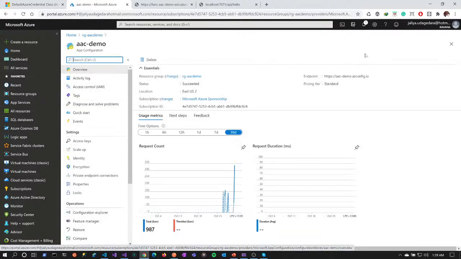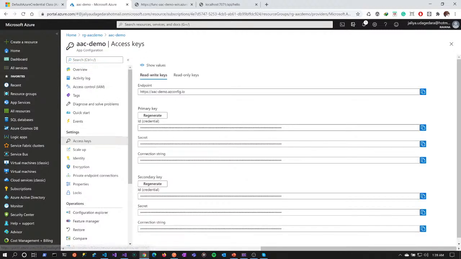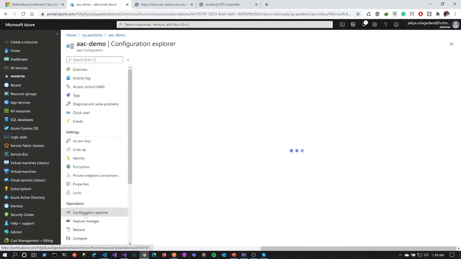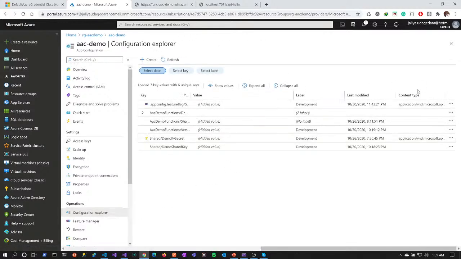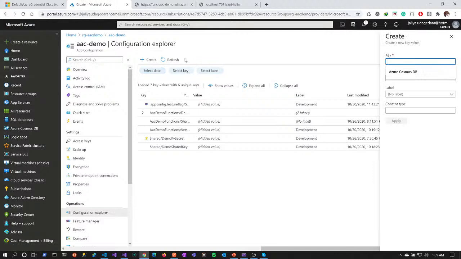So this is basically the app configuration service. It's a managed service. We have access keys, which are for you to consume the app configuration, and we will use some of them. And there's this configuration explorer. This is where we maintain all the keys. If we are to create a new one, it's a key-value pair. I can put the key,